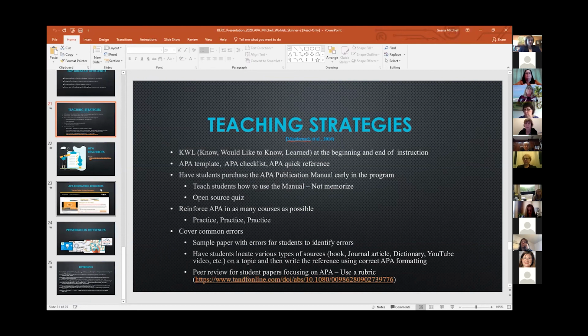One would be giving them a sample paper that has errors, and then have the students try to identify what the errors are. Another example would be letting them select a topic, or you could give them a topic, and then once they have their topic, they have to go and locate a book, a journal article, dictionary, a YouTube video, and you could give them as many different types of sources as you'd like on a topic, and then have them write the reference in the correct format. And especially some of the newer ones, like the YouTube videos that we may see now,